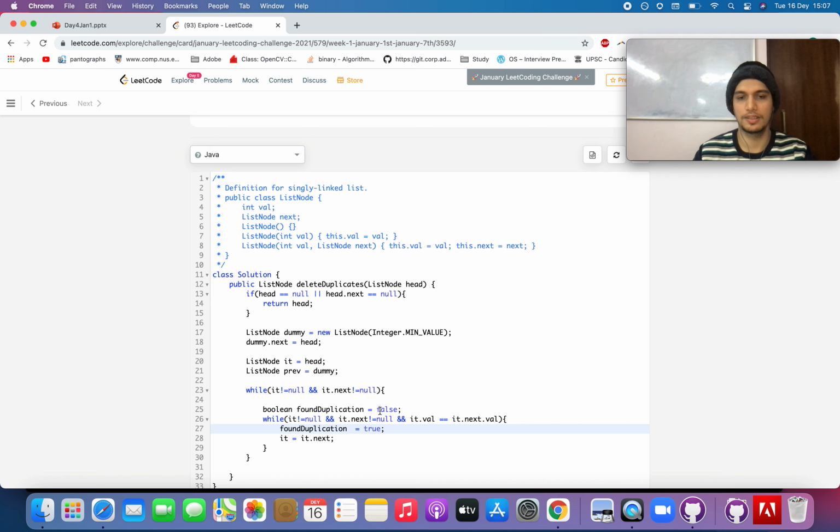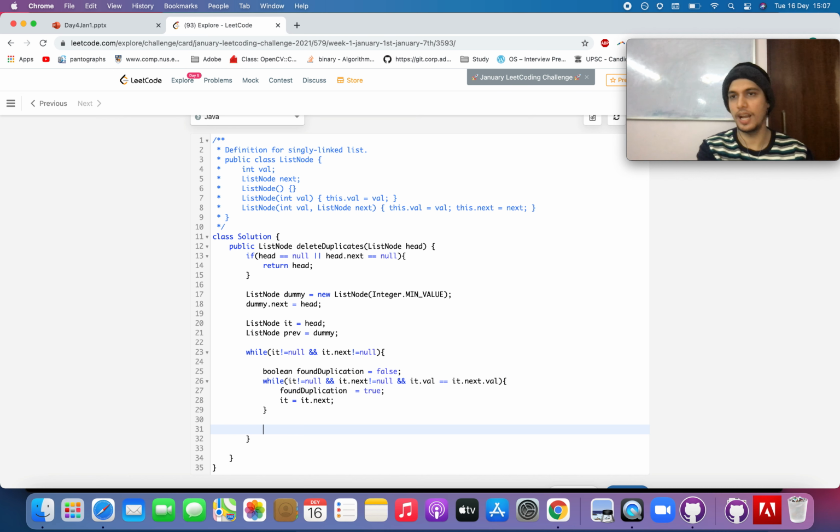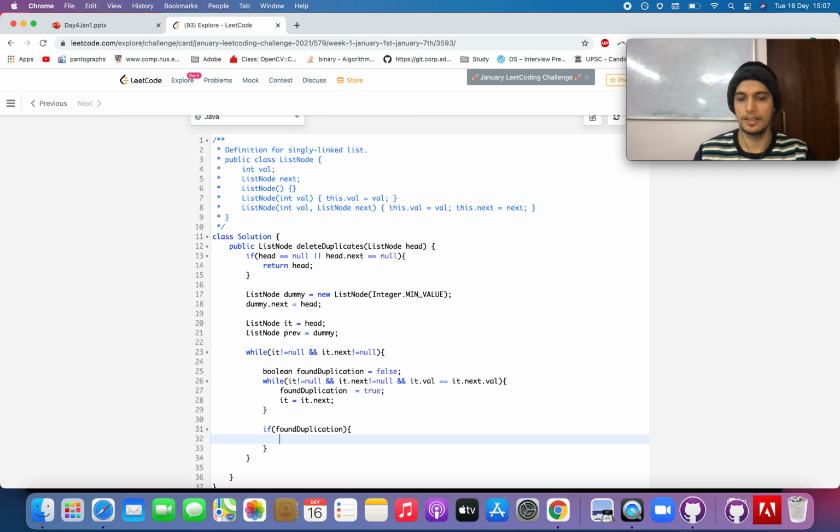And also, now let's write our logic for updating the previous node as specified in the slideshow. If we found duplication, then we need to update the previous. If we don't find duplication, it wasn't a duplication case, it was the case where each value differed, then it's a simple thing to write previous equals previous.next.